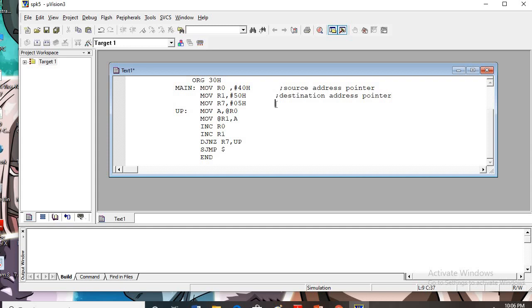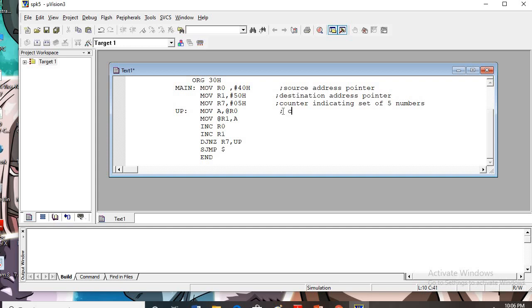This is counter indicating set of 5 numbers. Okay, then.